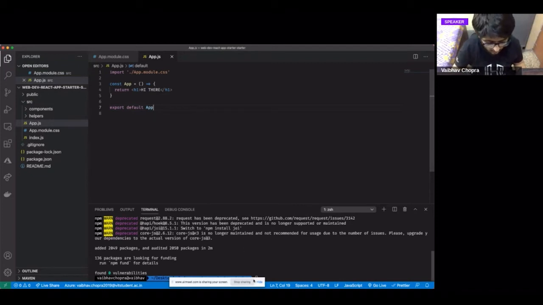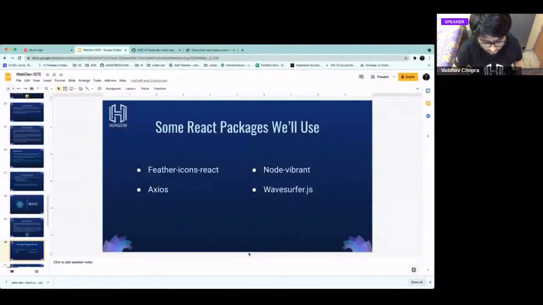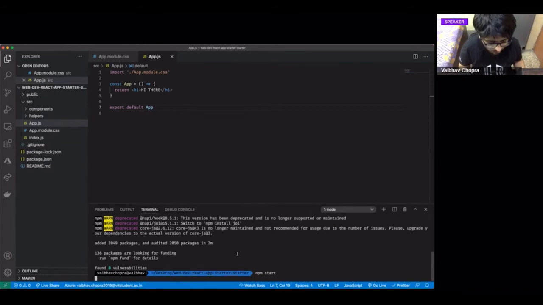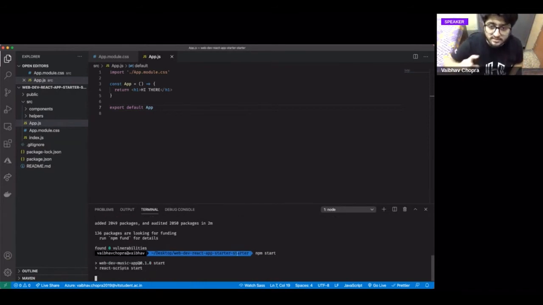Now how do you run a React app? In the way that we have set our app up, you have to write npm start in the terminal. You can only do this after you have done npm install, so make sure you have done npm install before this.